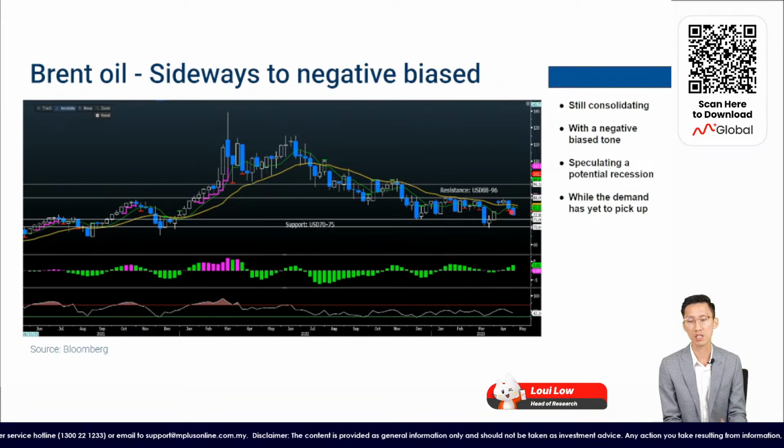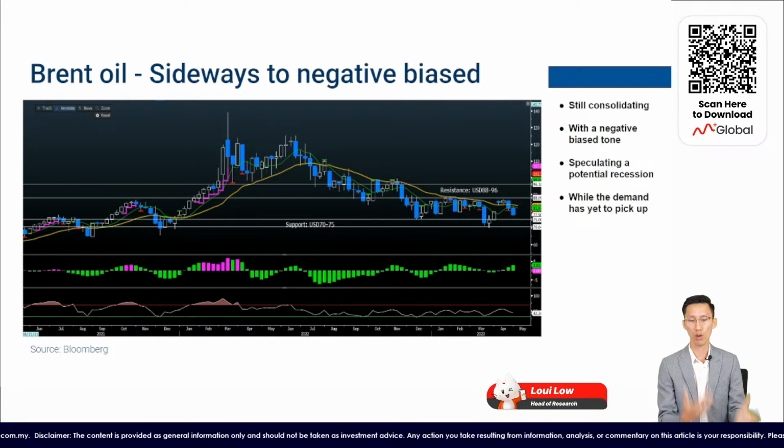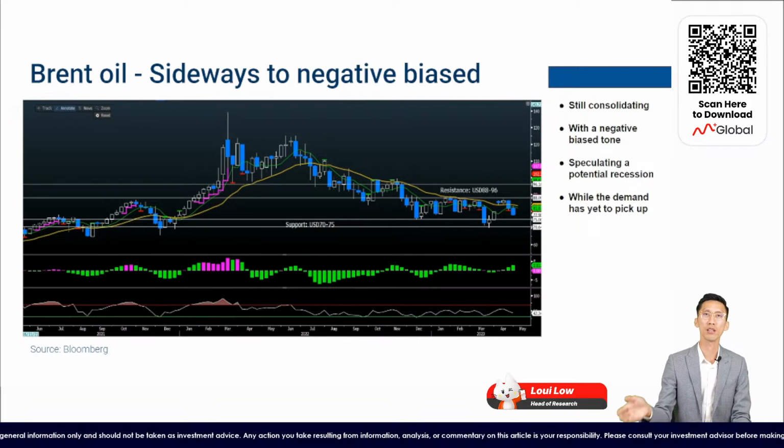It is the same thing with the Brent oil prices, which has been turning sideways despite OPEC Plus having reduced their supply. During that surprise move, we thought that this crude oil price could actually sustain and break through the 88 US dollar level, but it did not. And in the recent